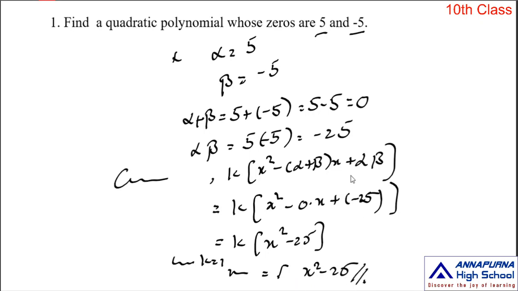Okay, before answering this question, read the question very carefully. The given pair of numbers present either the zeros of the quadratic polynomial or the sum and product of the zeros of that quadratic polynomial. So many members are confused in this point. Okay, be careful. So this is the second problem in exercise 2.2. In this exercise, the most important thing is the relation between the zeros and coefficients of a quadratic polynomial. That is the most important relation, sum of the zeros and product of the zeros.